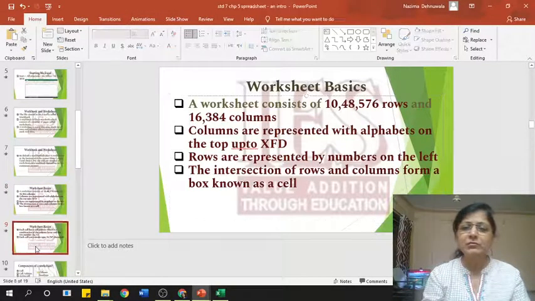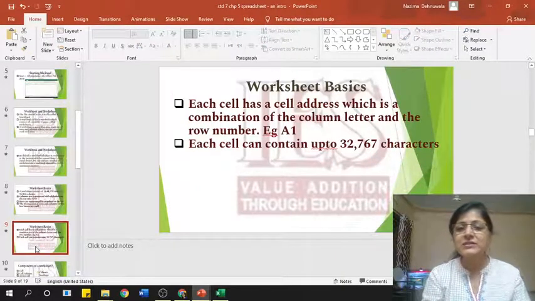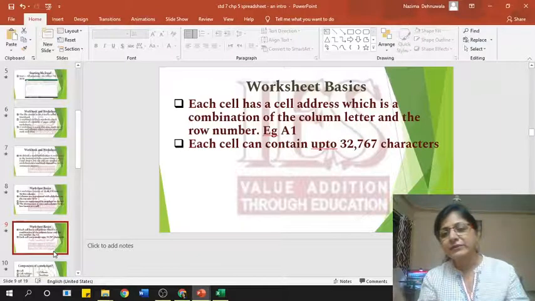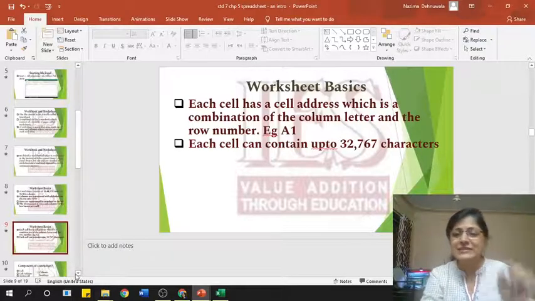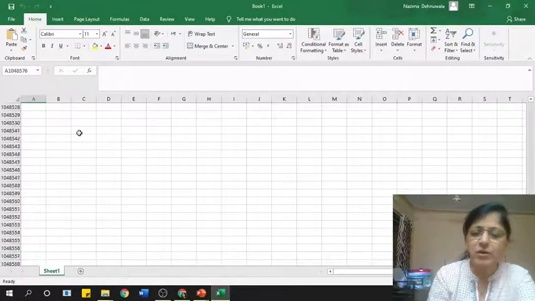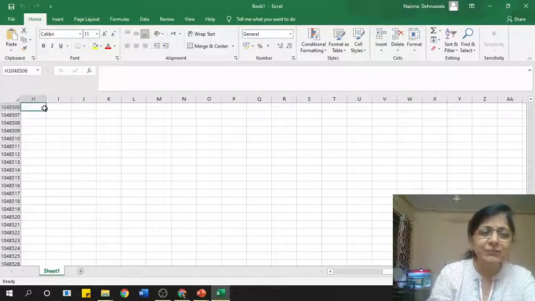Okay, now every cell that is there in the worksheet has an address, and that address is the combination of the column letter and the row number. So for example, A1 or AA56. Okay, so this is the cell address. Now inside a particular cell, like see this intersection forms a box over here, and inside the cell you can type